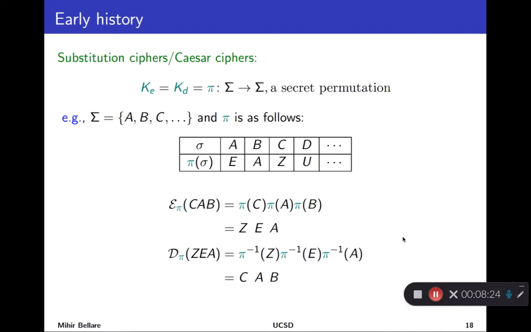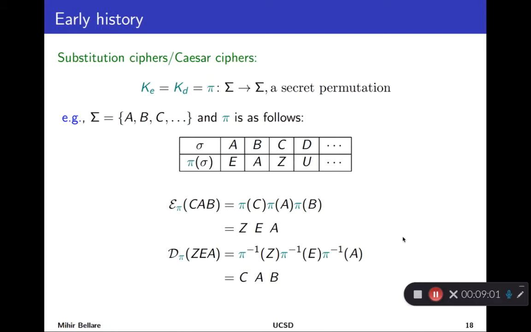If you write out this permutation as a table, the table will show every choice of input sigma and the corresponding choice of output pi of sigma. Being a permutation means that the second row has no repeats. You can't have, say, both A and D map to the same thing. Since A is different from D, the two have to map to different things. Some such permutation is your key, and it's both the encryption and the decryption key, and you should think of it as being secret and chosen maybe at random.